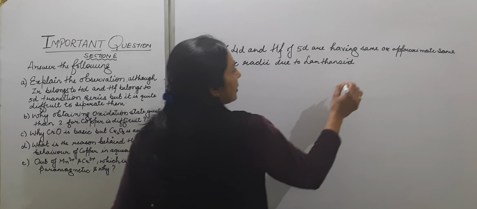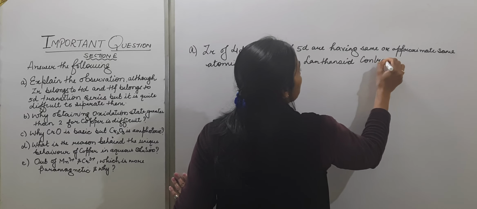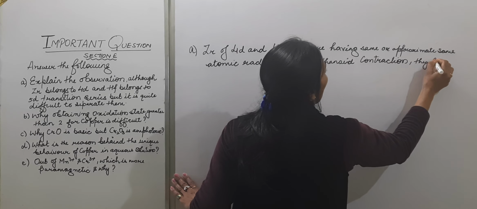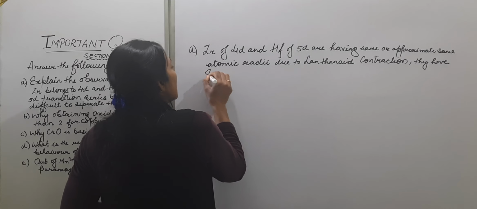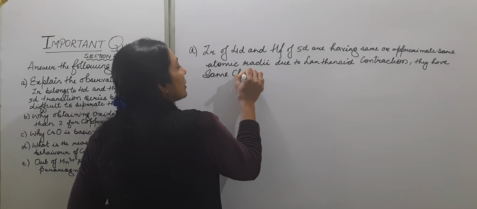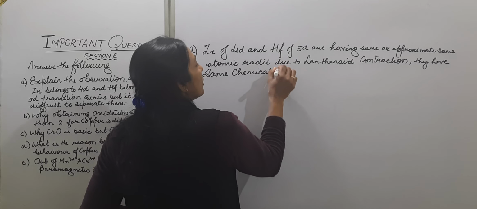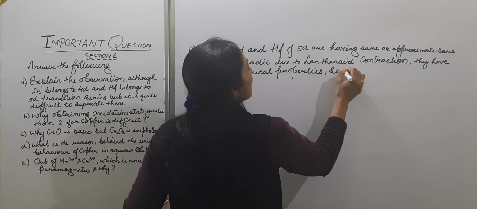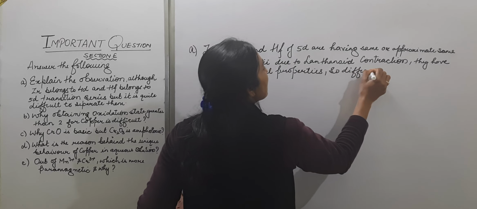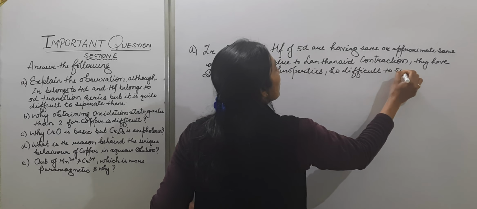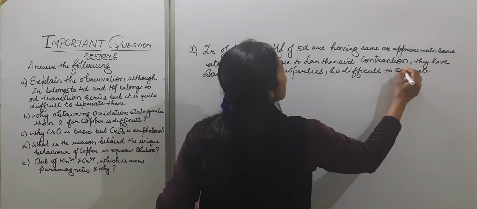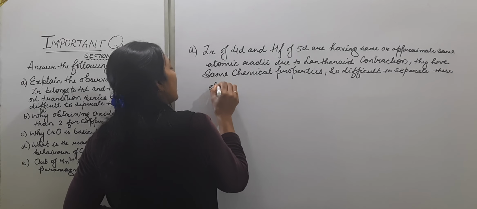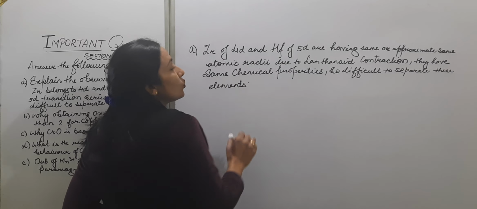Due to lanthanoid contraction, they have the same chemical properties. So it is difficult to separate these elements. So ये रीजन हो गया है,